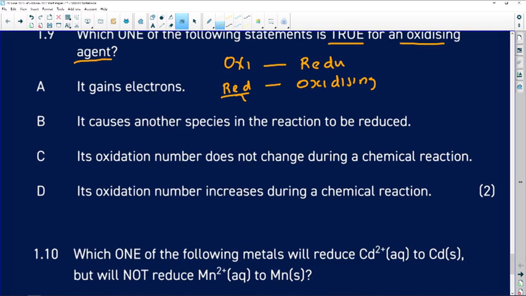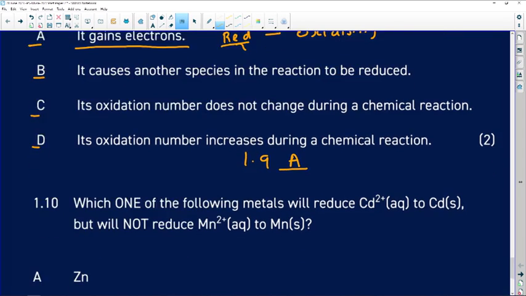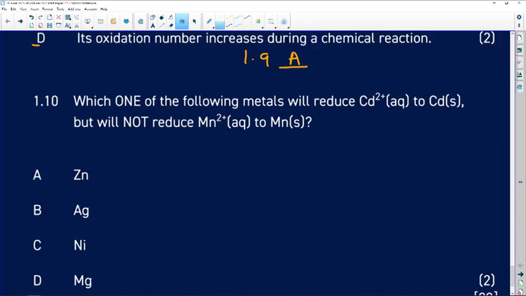So the answer we are looking for here is gain of electrons. When we look at A, it says it gains electrons. That is our answer there. We don't need to look any further. B, C, D will be incorrect. So the answer here for 1.9 is going to be A. Why? Because it is an oxidizing agent which undergoes reduction. Reduction is gain of electrons. All right. 1.10